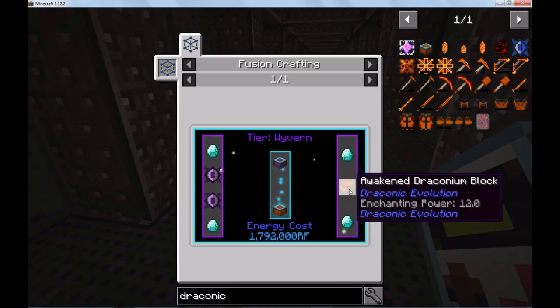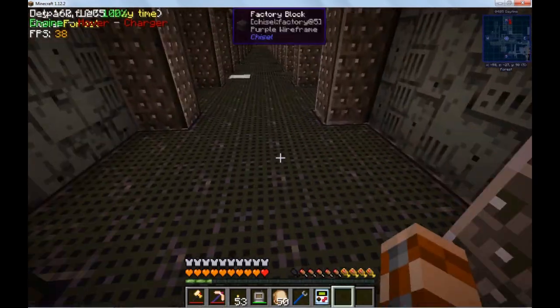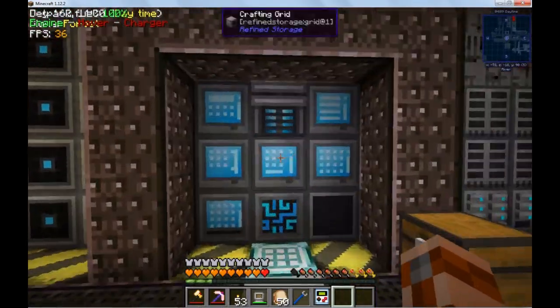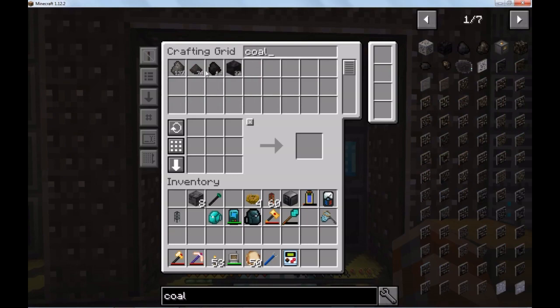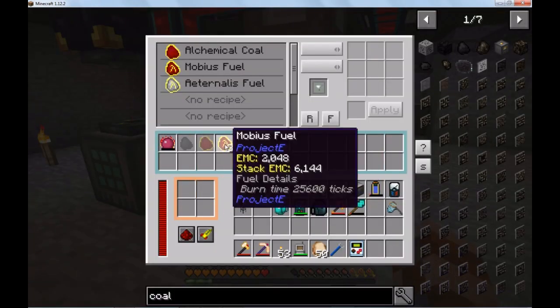These need a block of Awakened Draconium each, plus 2 Wyvern Cores. Once we get those up and running, we can turn our alchemical chests into the energy condensers. Like, I still don't know what we're going to do as far as getting a billion pieces of coal and stuff, although I do have something set up down over here, where it just takes the Philosopher's Stone and turns